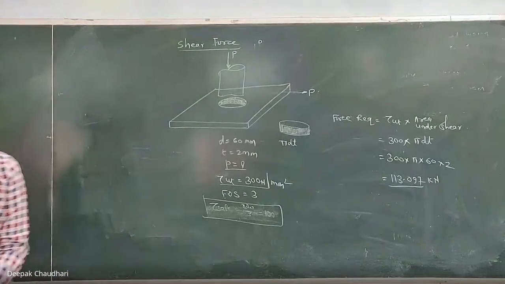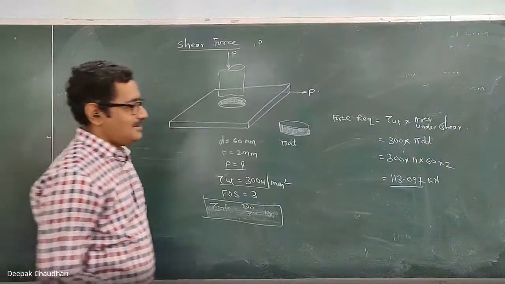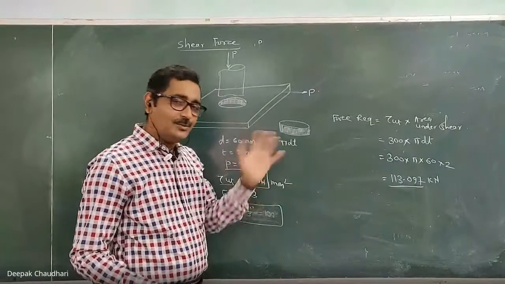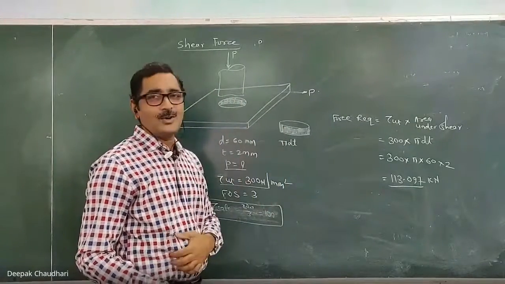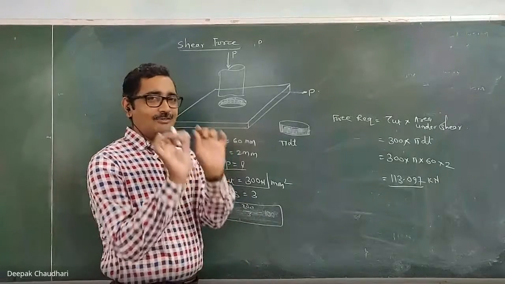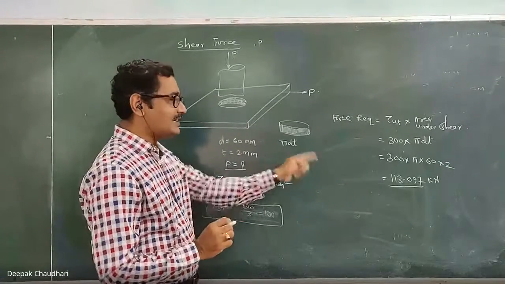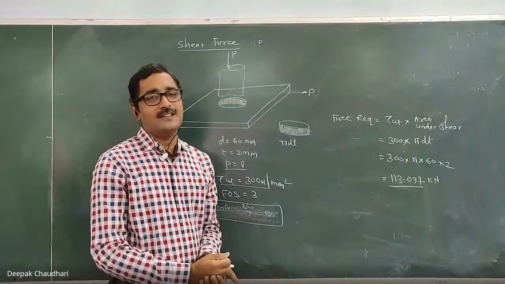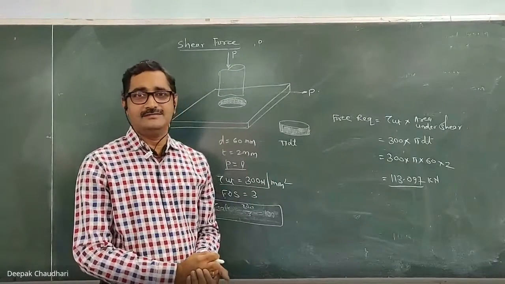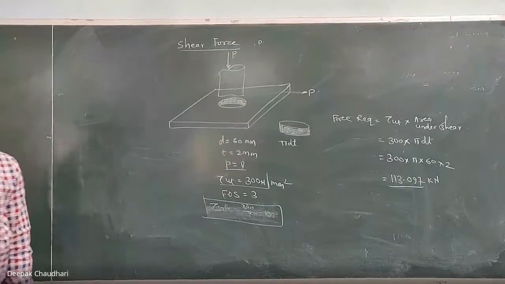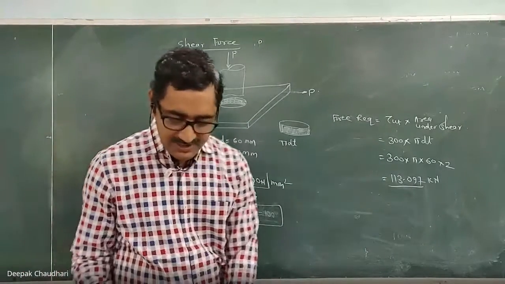Understood this? Okay. Now, if you take a blunt punch directly and apply the force, it is not possible even with this force. So you require a design such that this much force is applied tangentially to that shearing area. Understood? Okay. So this is all about the shear force. The next part which we have to study is the lateral strain.